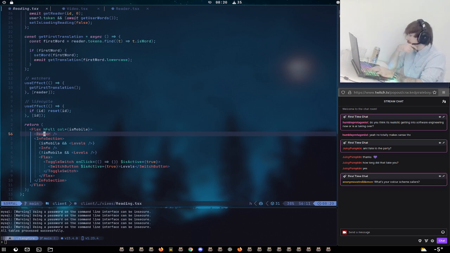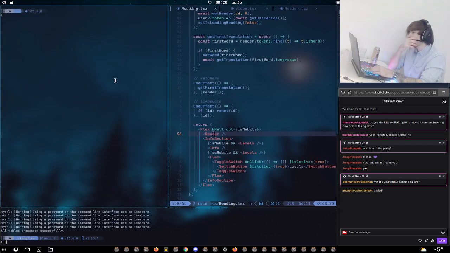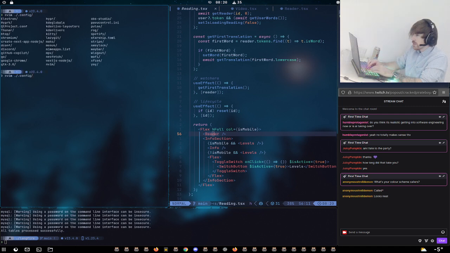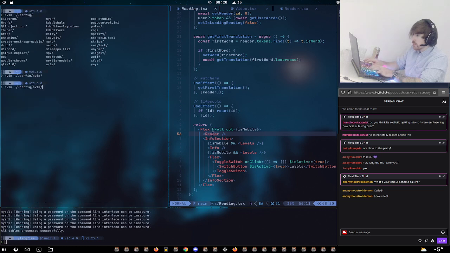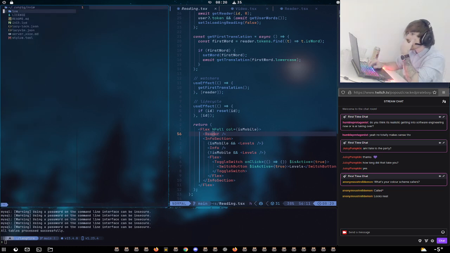What's your color scheme called? It's the default of LazyVim for the actual syntax highlighting. So if we do /config Neovim, and oh no, I shouldn't have checked because there's no directory.